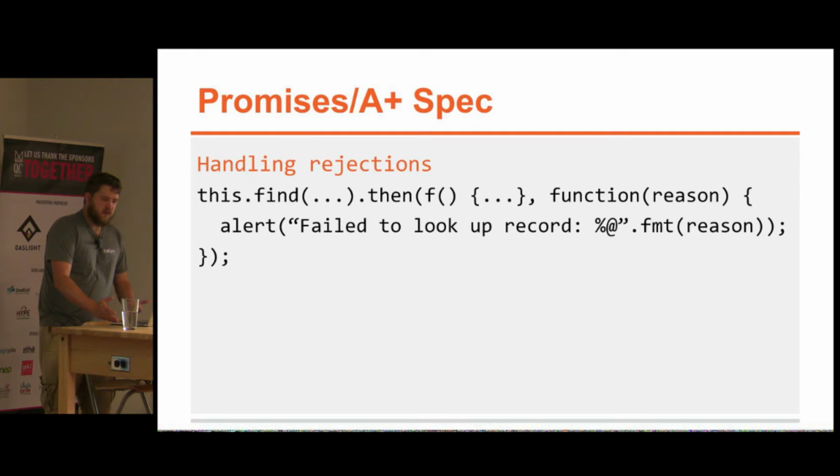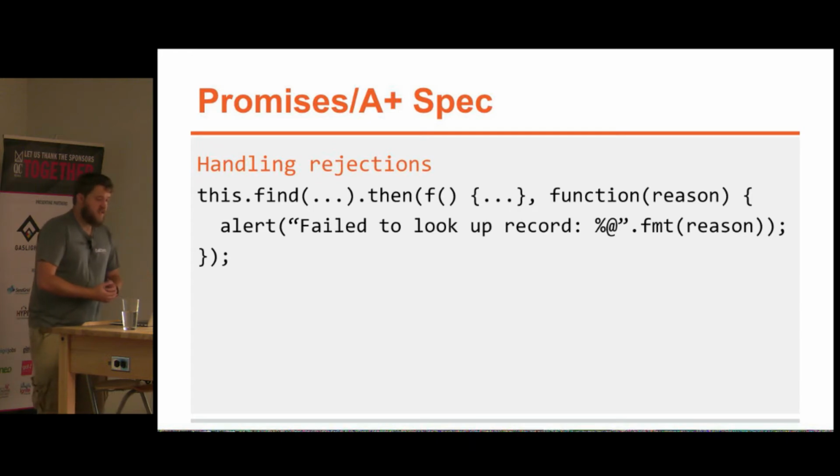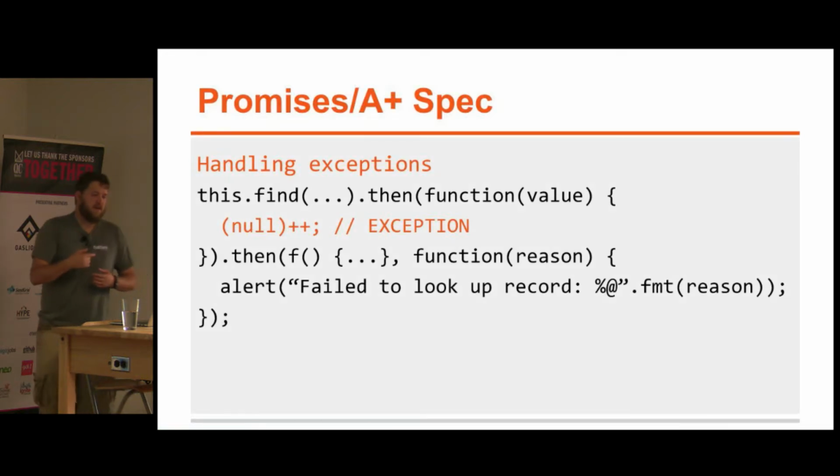So handling rejections. Rejections, like I showed in the first part, it's just the second function, and you just have a reason. And a rejection can be a rejection from a server. It can be any type of asynchronous operation that might have failed. It can also be an exception. So exceptions are also rejections. And I think that's what took me a long time to figure out, is that you can have